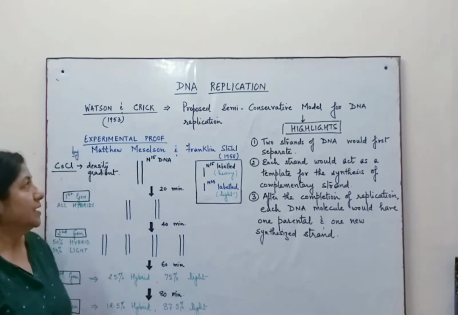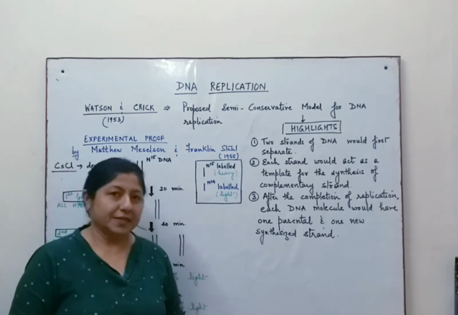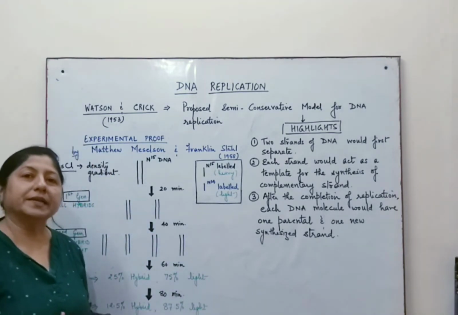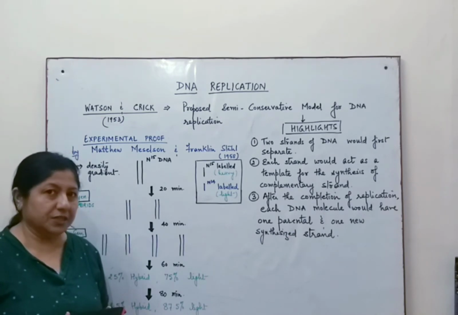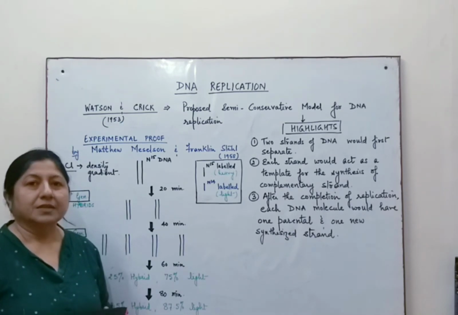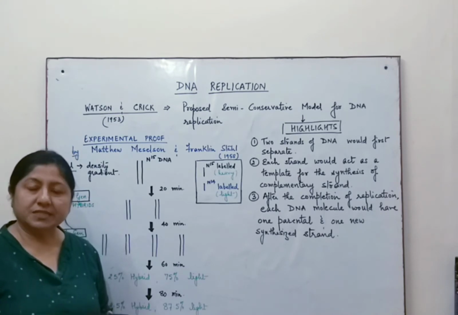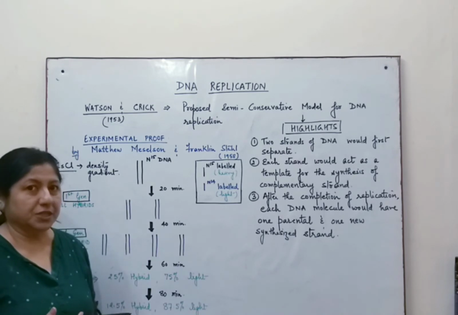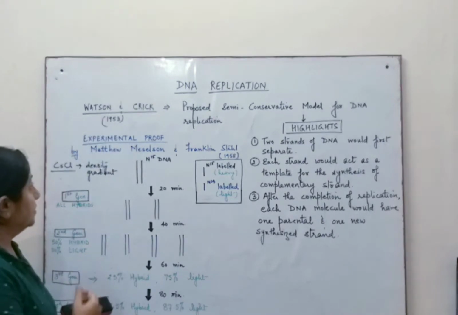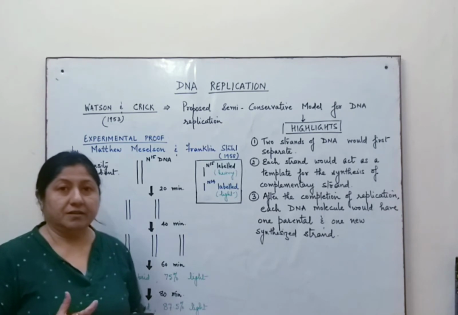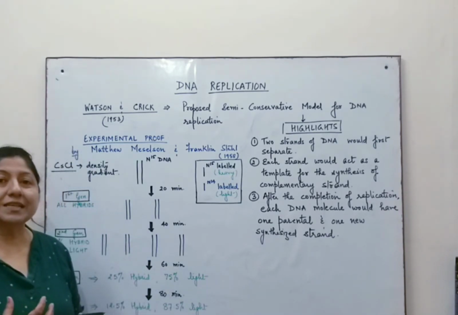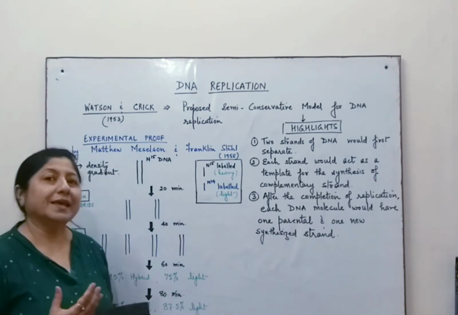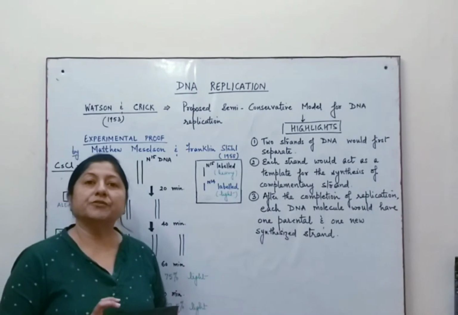Welcome children. We are going to study DNA replication today. In the previous videos we have seen why DNA is preferred as a genetic material over RNA, since RNA is not structurally stable and is not competent enough to be the genetic material. Here, Watson and Crick, after presenting their model of DNA, where it was a double helix structure and the complementary